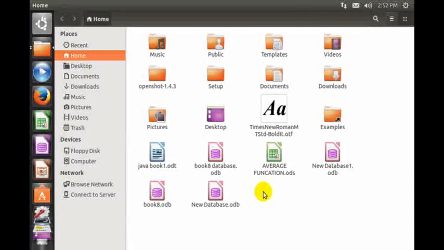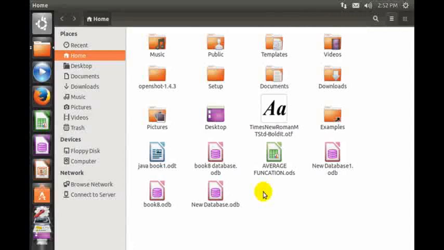When you open the Files folder, you can view commonly used folders under Places like Recent, Home, Desktop, Documents, Downloads, Music, Pictures, Videos and Trash. Click on the required folder from the left pane to display the files and folders stored in it.